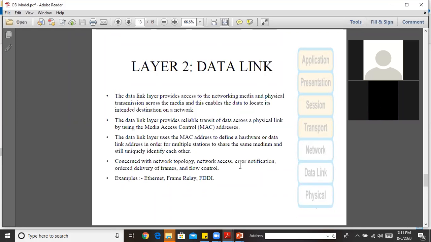For instance, if communication happens within a local area network, let's say Cyber Academy, we are using the network for Cyber Academy, and I send you an email. That email will just end up